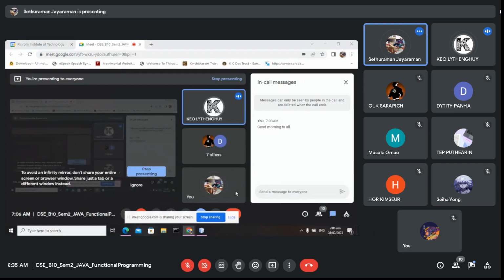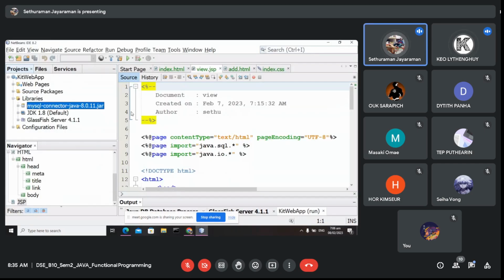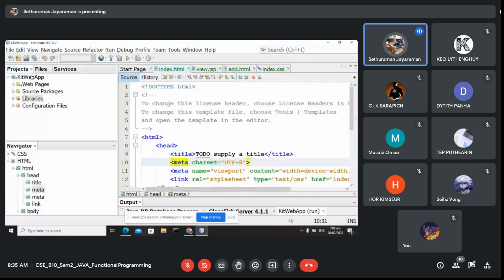So, this is what we had yesterday. Our project now has an index.html. You see, this is the app actually. The complete app is deployed in the local server. Local server is nothing but